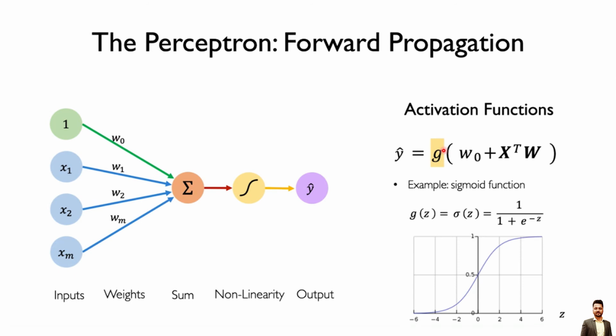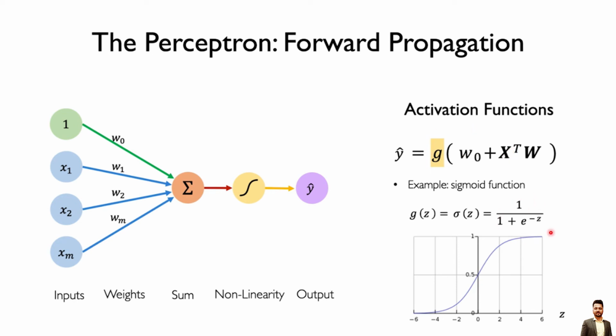So now let's talk about g. This g can be, for example, a sigmoid function. g can be any function: sigmoid, tanh, ReLU, leaky ReLU, or softmax activation function. There are maybe more than 100 activation functions, but these are the famous ones which I just named. And g of z equal to sigma of z equal to 1 upon 1 plus e to the power minus z. Now what is z here? Any guesses? Yeah, you are right. z is w naught plus x transpose w.